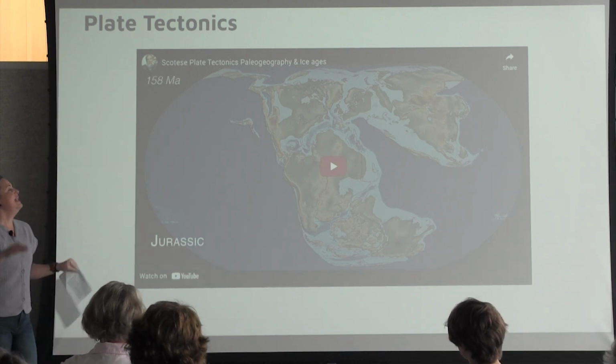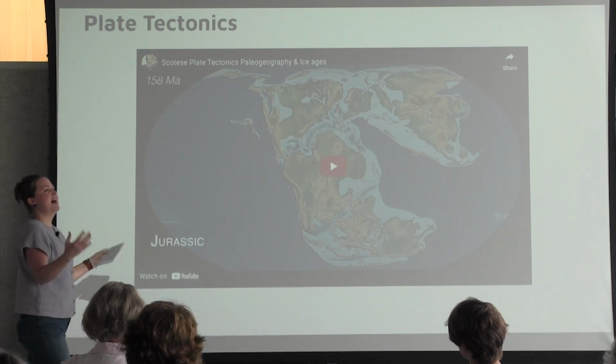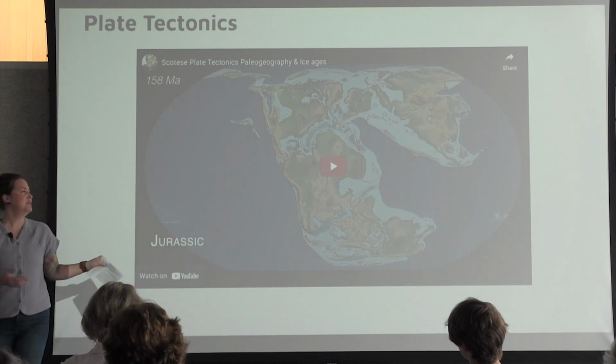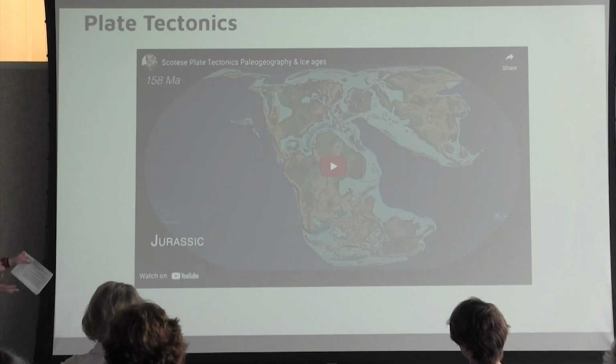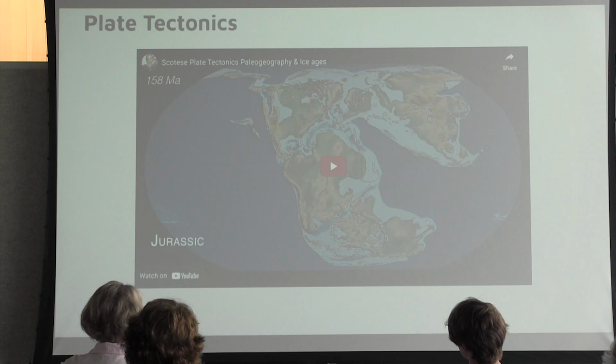And then the other way is by uplift and erosion. Anytime you have high erosion, you can actually pull CO2 out of the atmosphere. So we can see every once in a while, after major mountain building events, you have a cooling episode from all of that erosion that's happening. So plate tectonics and the Milankovitch cycles are probably the two biggest controls and triggers of climate change, but there's